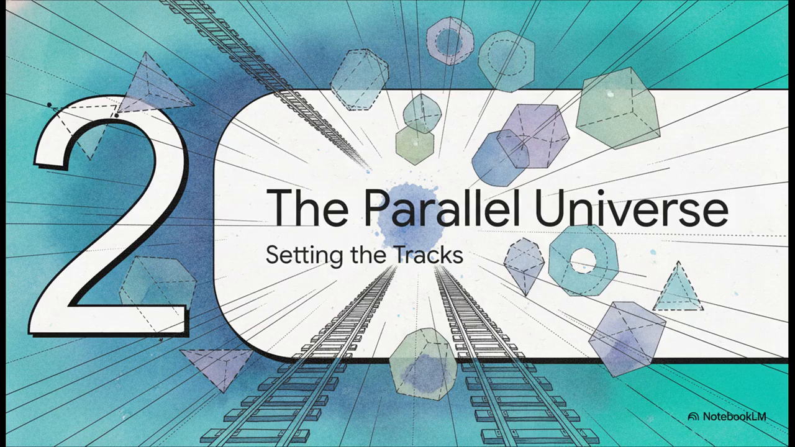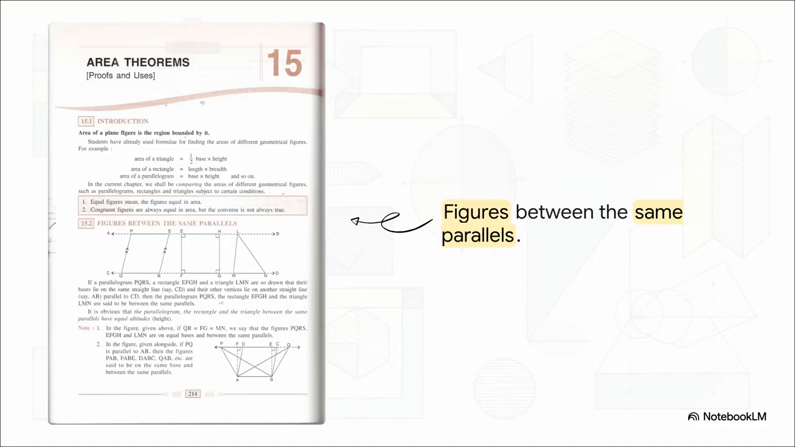Moving on to Section 2, the parallel universe, setting the tracks. To really master this shape-shifting, we need to understand the environment where it actually happens. Take a look at this. Imagine these dotted horizontal lines at the top and bottom as a literal set of railway tracks that the corners, or vertices, of our shapes can slide along. We've got a parallelogram, a rectangle, and a triangle here, and they are all trapped right between these exact same